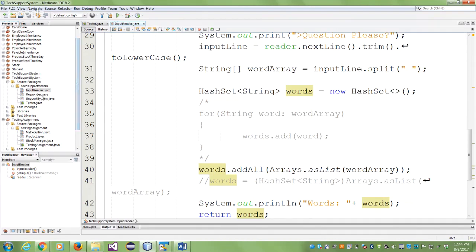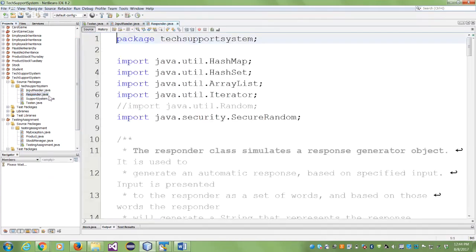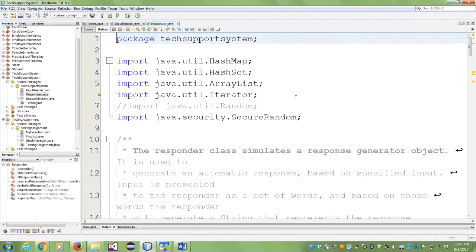The second important class is your responder. An object of this class will respond to the question. Now, how does it respond? Here is the logic. The input reader has read a line and it has been split. The responder will call the method to get the input, and then it will search it